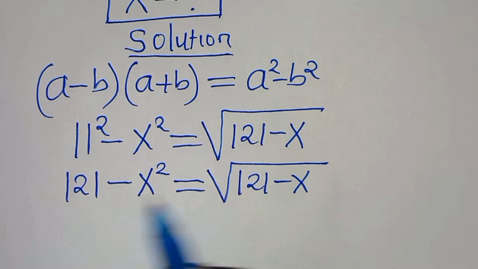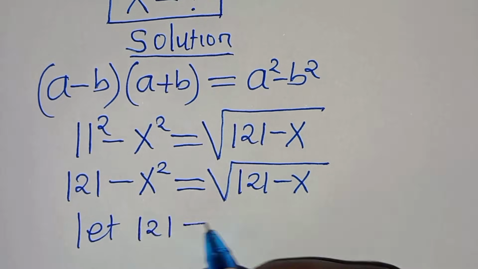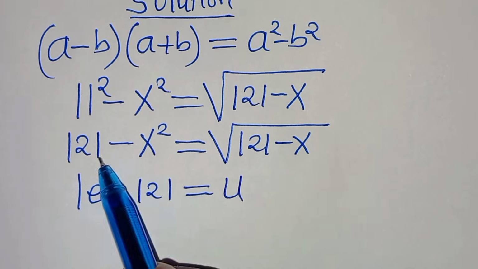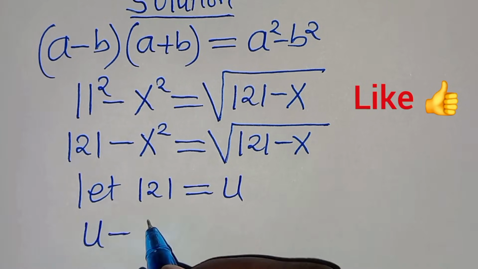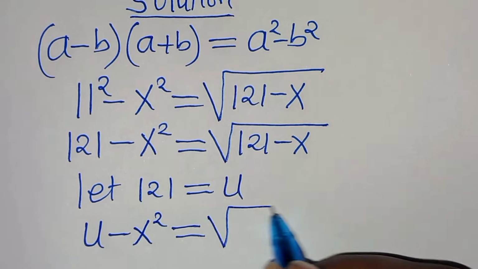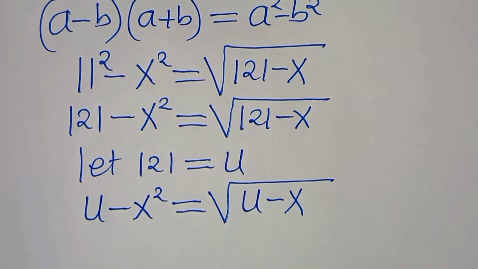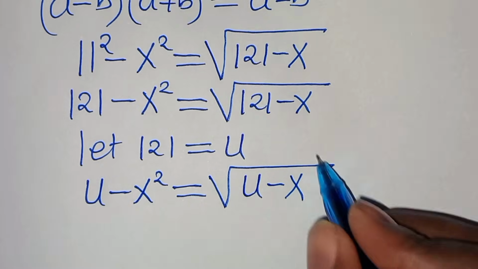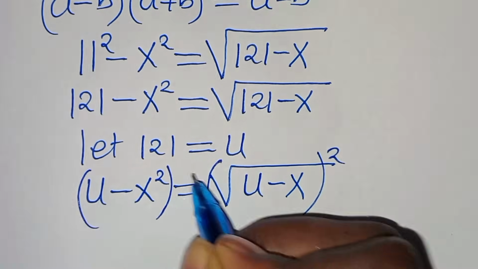Now, the next step from here, we can let 121 be equal to u. So let's substitute u where we have 121. So we have u minus x squared, which is equal to the square root of u minus x. Now, the next step is to square both sides, so that we can eliminate the